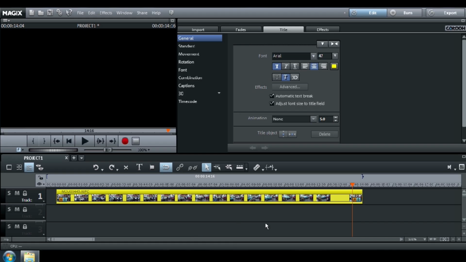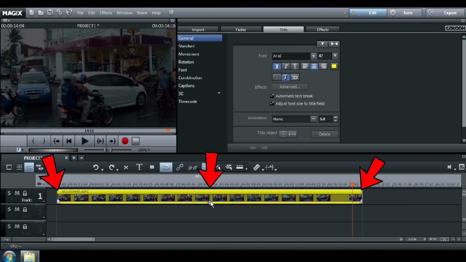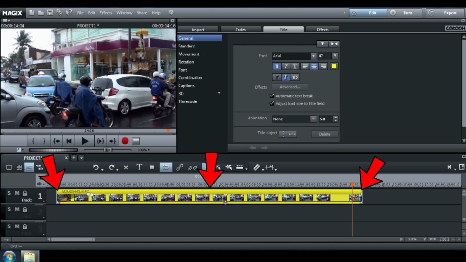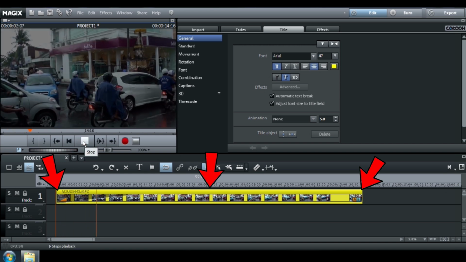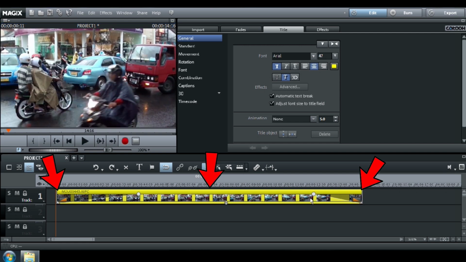On every picture or video on the tracks, you will see 3 handles. The one in the middle for the level, the intensity of your object, the first one for a fade-in effect, and the last one for a fade-out effect.